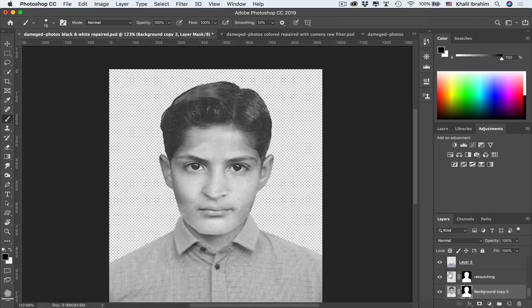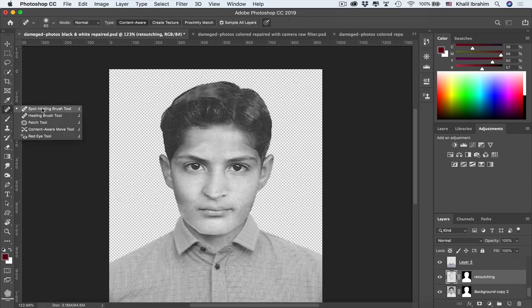Now switching to our touching layer, don't forget to select your layer instead of the mask, and switching to the spot healing brush tool, adjusting these areas in here to have a better skin tone in those areas. Now we can be merging those two layers, selecting both of them, pressing Command or Control to select two layers,